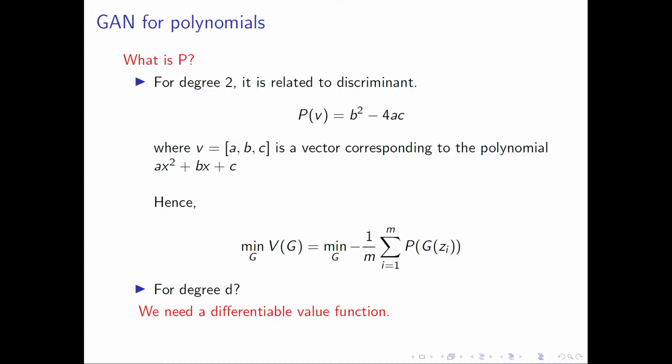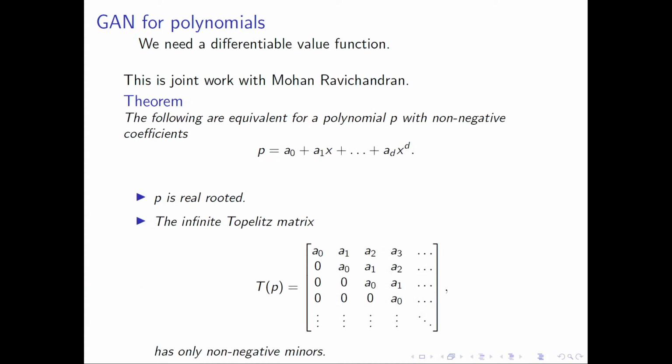Since we take the gradient of this function, we need a differentiable value function. So lots of ideas, for example, finding the number of real-rooted polynomials and increasing it, maximizing it, do not work here, because the way of finding this is not differentiable, it does not give us a differentiable value function. Then